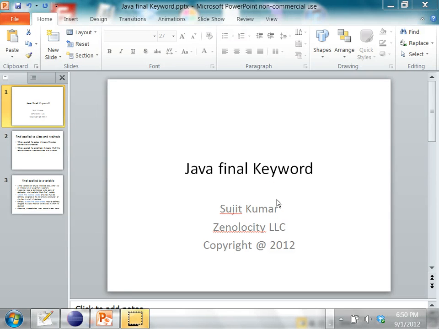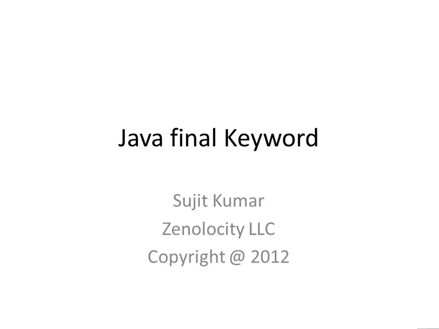In this class, we will review what the final keyword means in Java. In Java, the final keyword is an overloaded word. An overloaded word is a word which means different things based on the context. So it all depends on the context in which it is being used, and the meaning of the final keyword